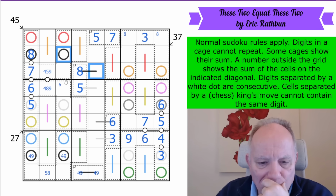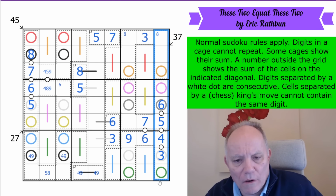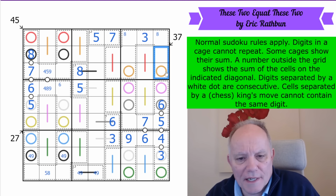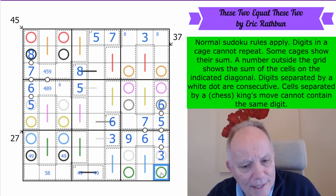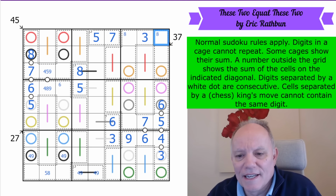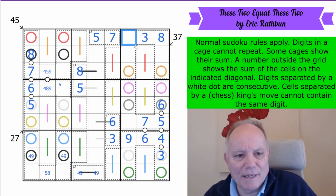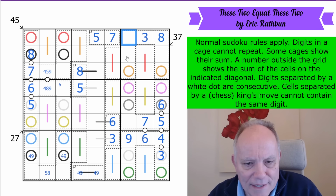What else have we got? I tell you what we have got. I know where 8 goes in this column. Isn't that bizarre? These 2 8s say that it doesn't go here or here. Obviously, it doesn't go in these filled cells. The reason it's not in pink is because the pink cells are in a column with 8. The reason it's not in green is because the green cells are in the same column with 8. That's really interesting, but it's going to be really difficult to find further instances like that unless I somehow come